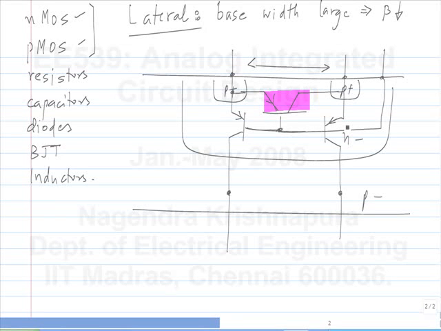Okay. So when you want a bipolar transistor, you can use something like this. And when you want a diode which is connected to ground, you can use this. Okay. So basically you have a vertical bipolar transistor. You connect its base to the collector and use it as a diode.